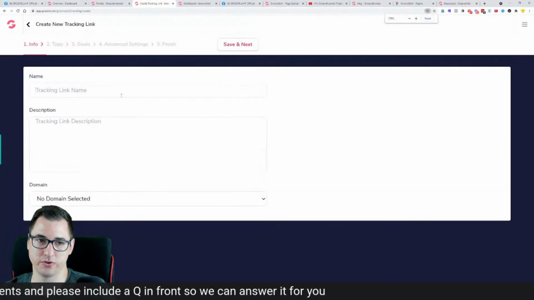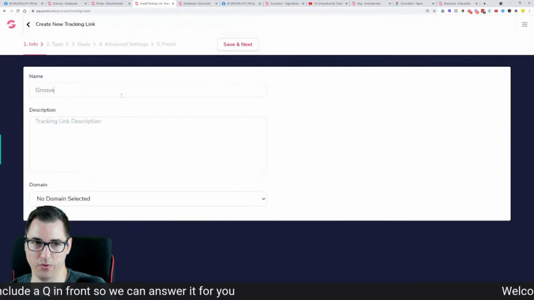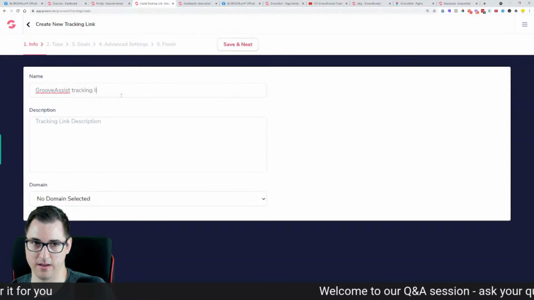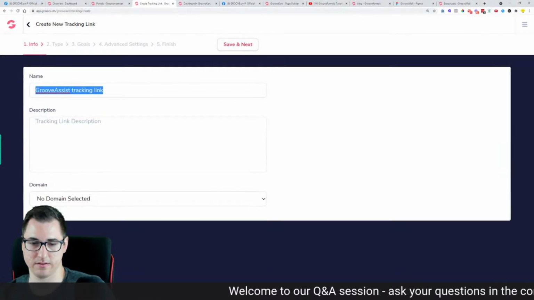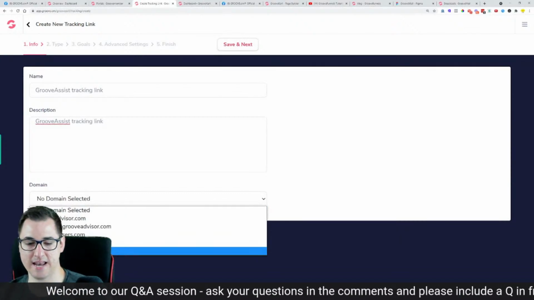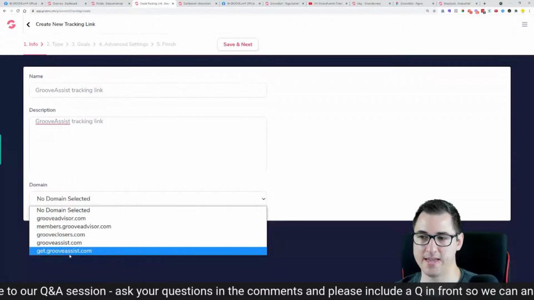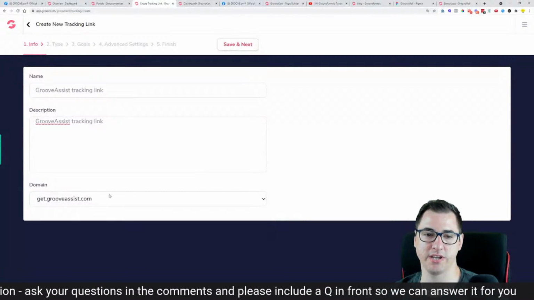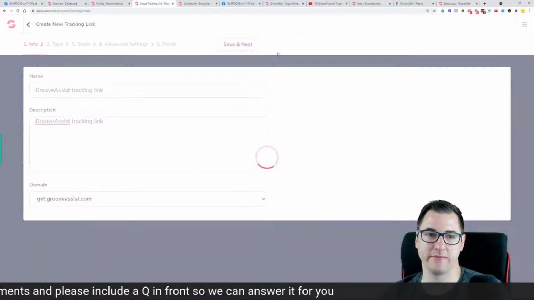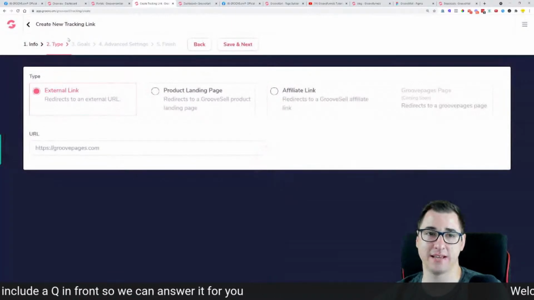And in here, I'm going to type in Groove Assist tracking link. Here, the domains, you can now select the get.grooveassist.com, which is basically your branded domain for this tracking link. And then you just set this tracking link up.